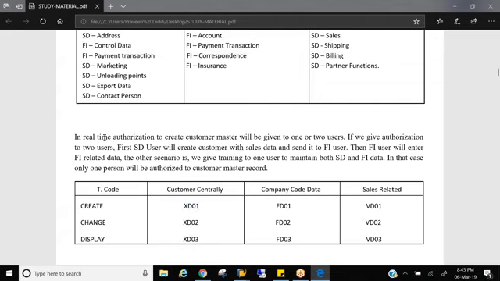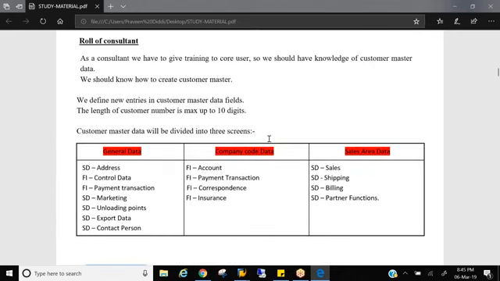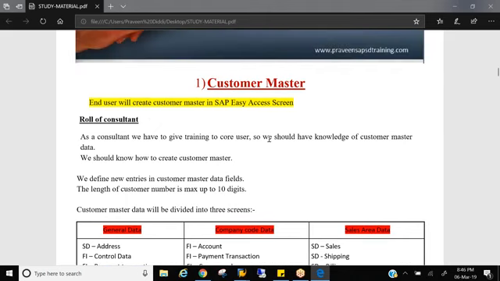And see, the authorization of creating this master data will not be given to every person in the organization. There might be master data specialists. Nowadays, we have a new module called MDG. You are aware? Anyone working on MDG? Master Data Governance. Because nowadays, what is the most powerful thing? Data.